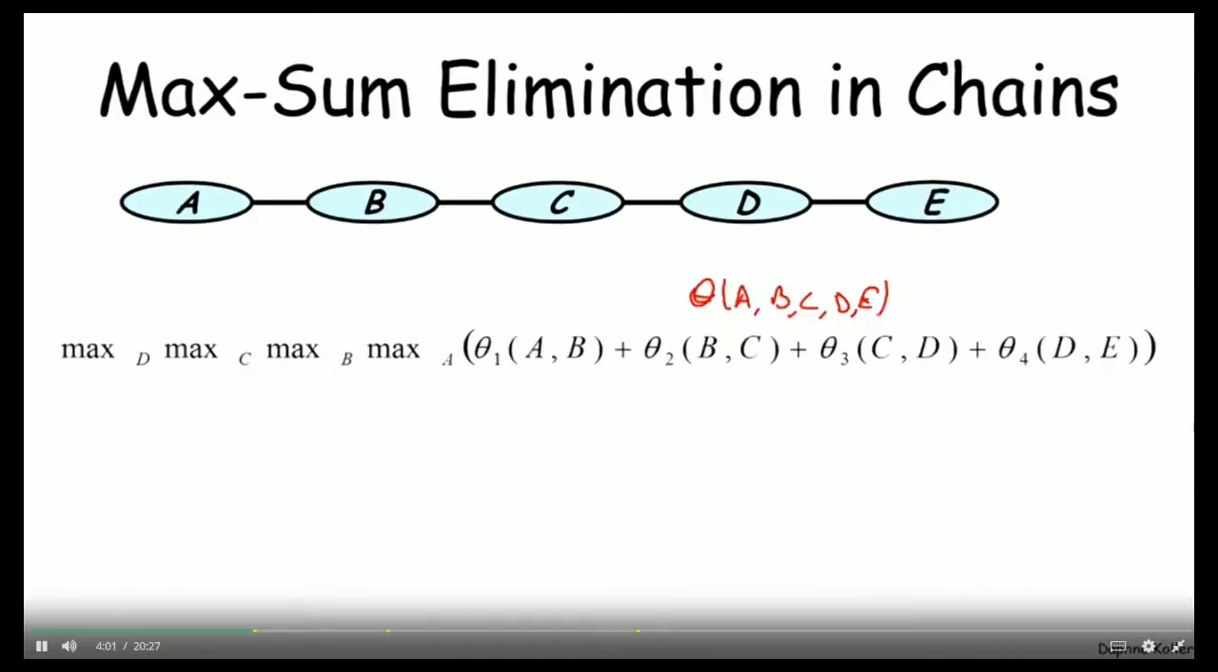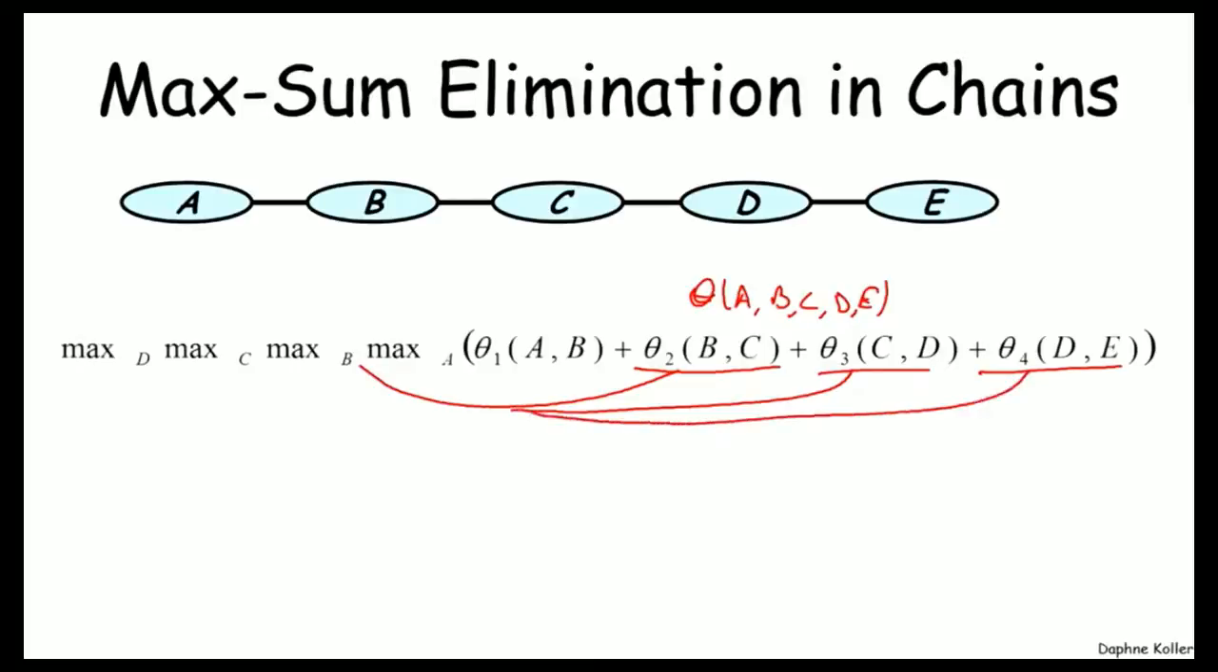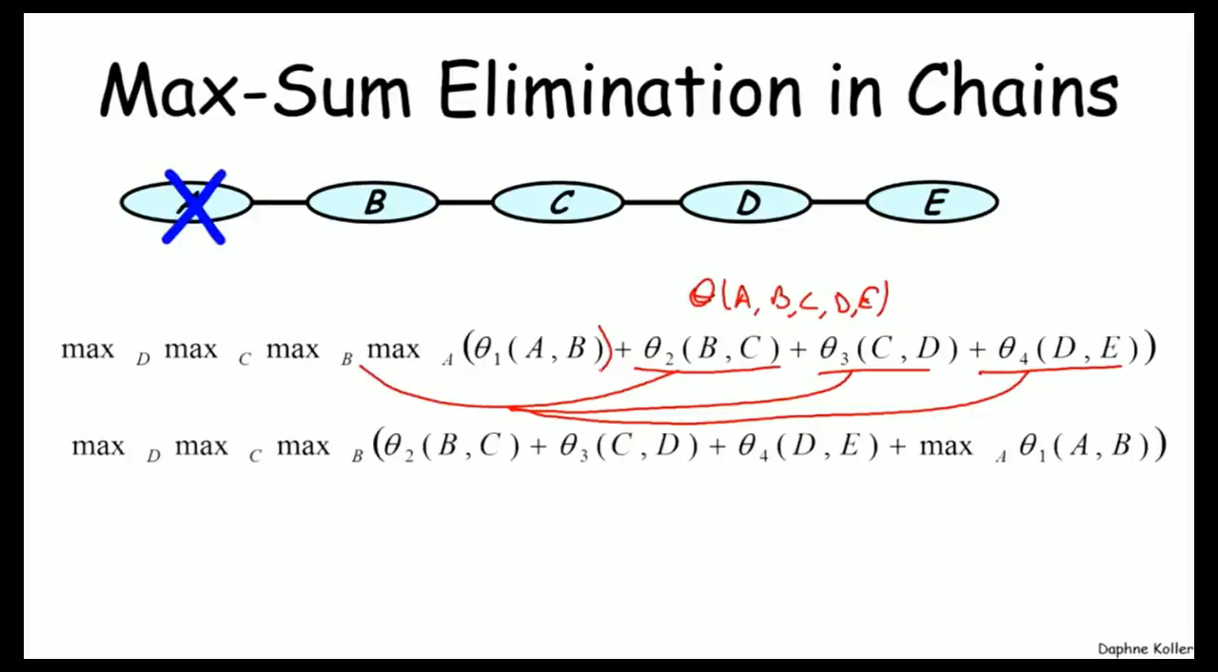And while we might not be quite as used to doing this kind of operation that I'm about to show, it's equally valid to point out that because none of these, theta 2, theta 3, or theta 4, depend on A, we can add them up to the max over theta 1 of AB, after computing the max. And so that's going to give me a factor here,